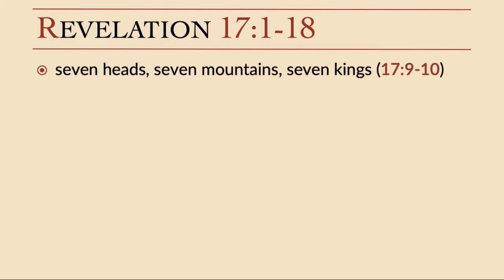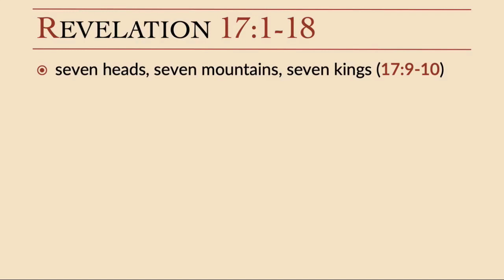So what is going on with the 7 heads, the 7 mountains, and the 7 kings? Clearly, there were a literal 7 mountains, okay? And we saw that on the coin and how that would bring to mind who the prostitute is. But there's a symbolic meaning to that 7 as well. So we get the 7 heads and we get 7 kings. Well, there's a lot of disagreement as to what this section means. I'm going to give you my take on it, and I'm going to give you another possible way of viewing this. There are others out there that we won't go into here in the class.